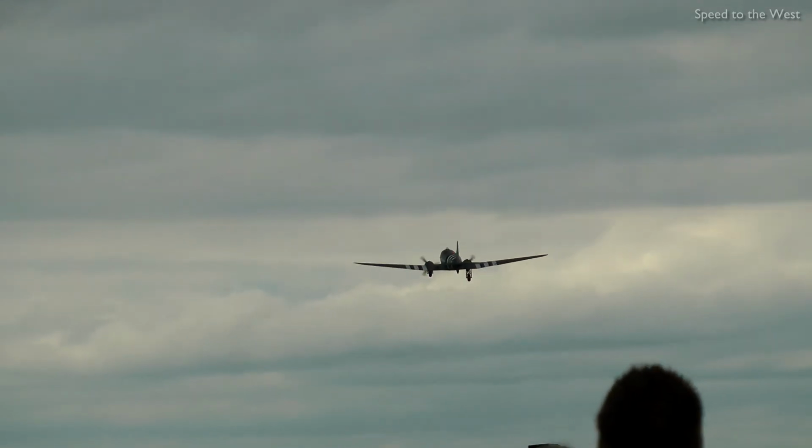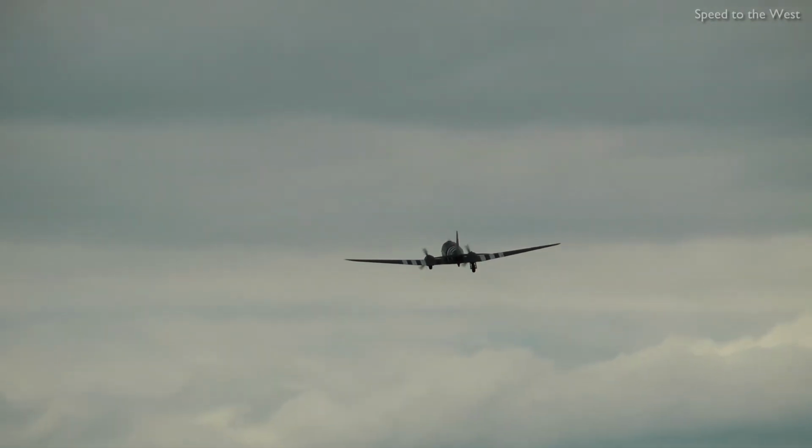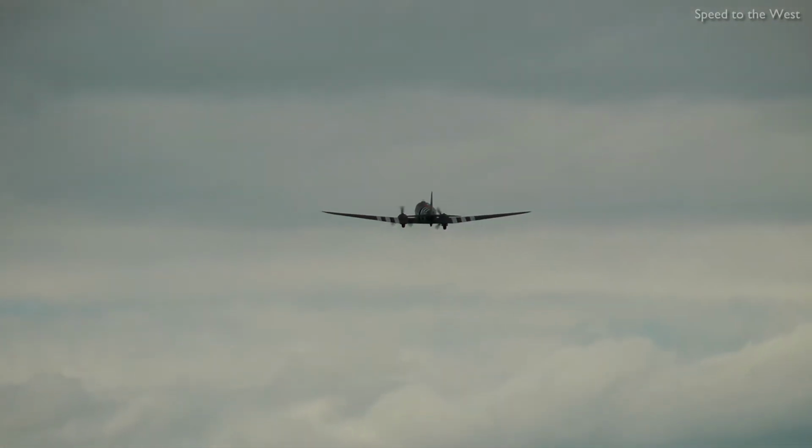Well, we'll be seeing the Dakota shortly, but now the Swiss Air Force with their third final contribution of the day. It's a helicopter, it's a multi-purpose machine, and it demonstrates